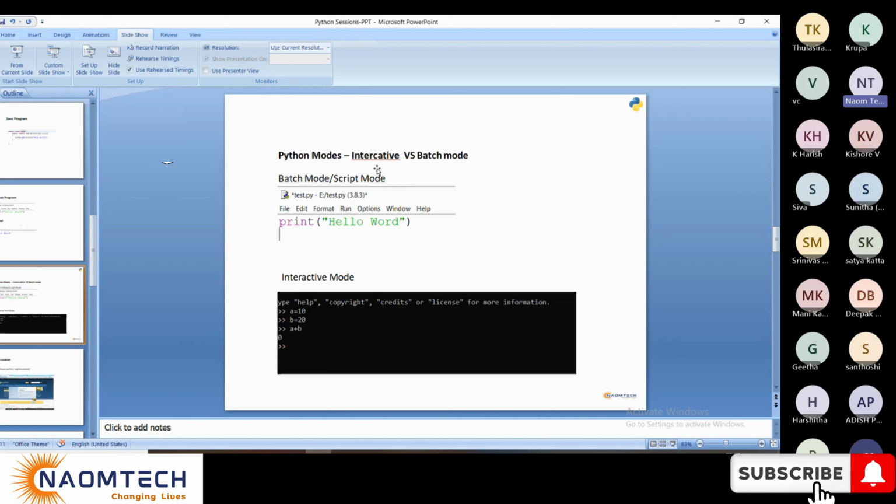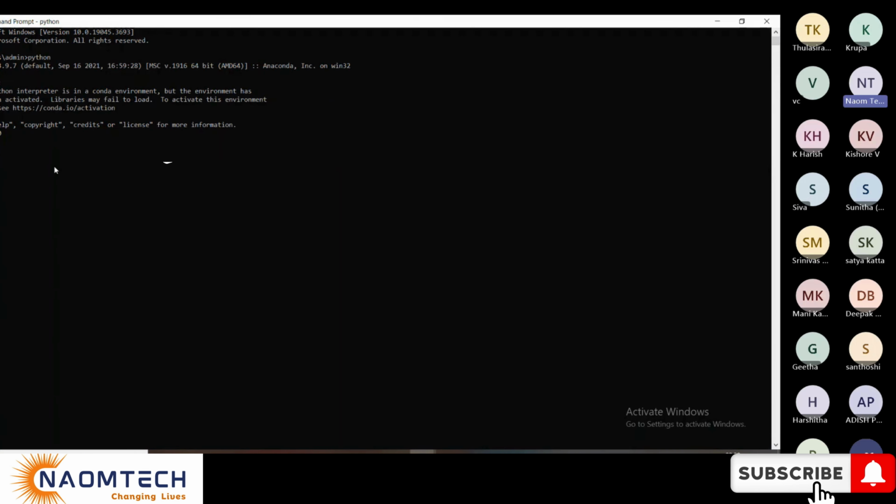Program writing modes: interactive and, okay, the second one is batch mode. Batch mode means, this is console mode, writing your code in this kind. But if you ask me which one we will use in development or automation or anywhere, we don't depend much on this interactive mode. Again, an important disclaimer: this is not much used in your development or automation. Why is this not used?